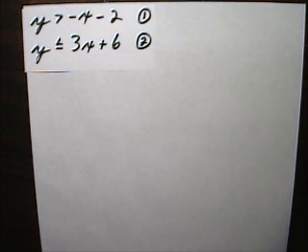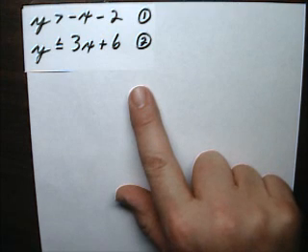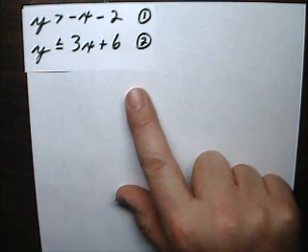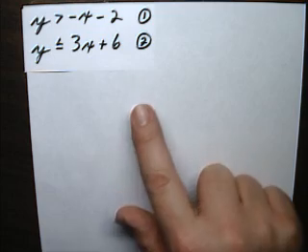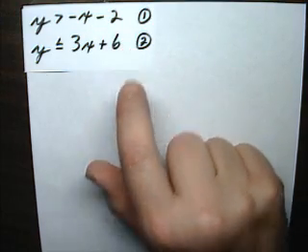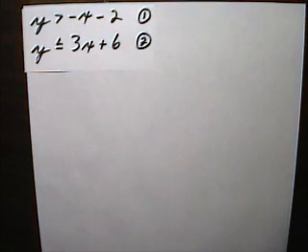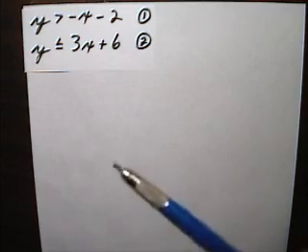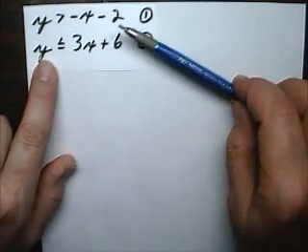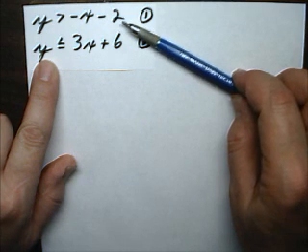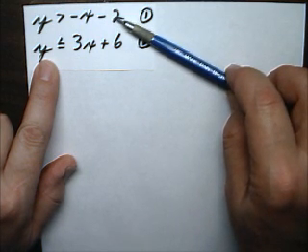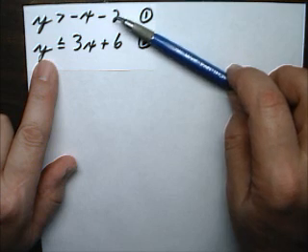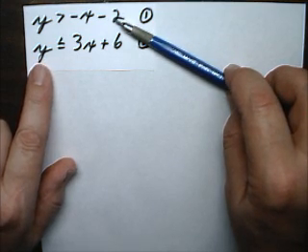Hello, this is solving systems of equations, systems of inequalities, example 1. I'll be graphing this system of inequalities. We have inequality 1 and inequality 2, and in order to graph this system of inequalities, we have to graph the two inequalities. To graph the first inequality, we graph the line y equals negative x minus 2, and that'll